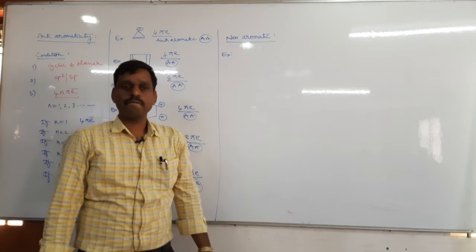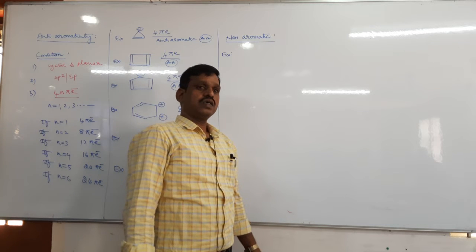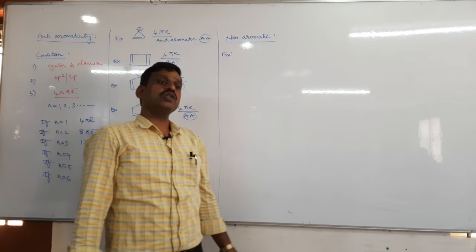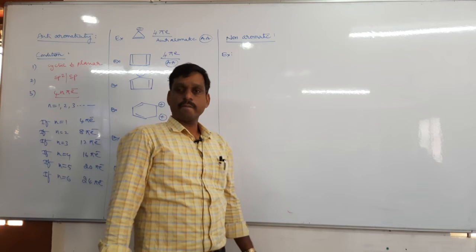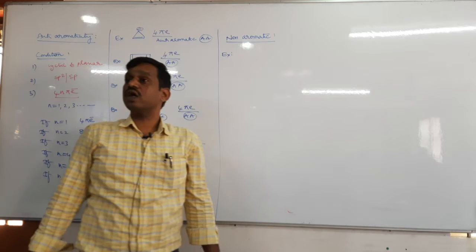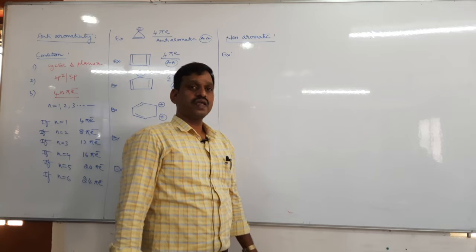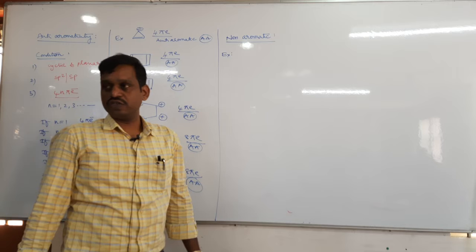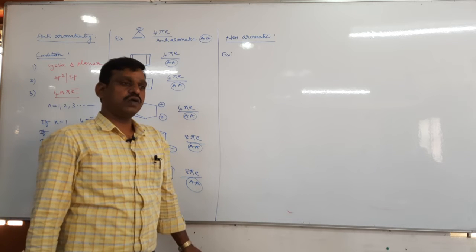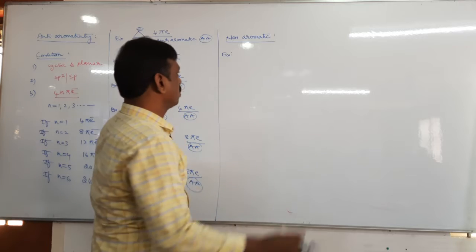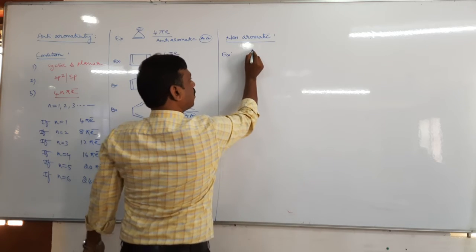That is, in the cyclic ring at least one carbon should have which hybridization? sp3 hybridization. So example, tell me,